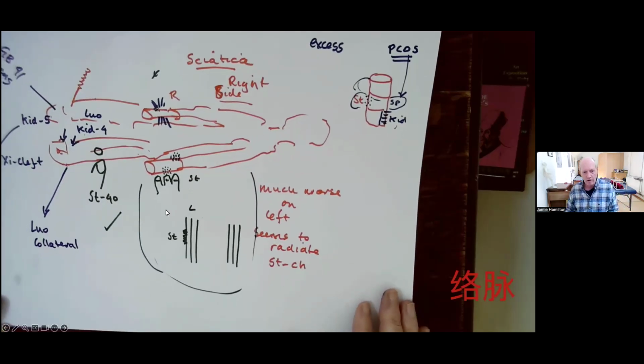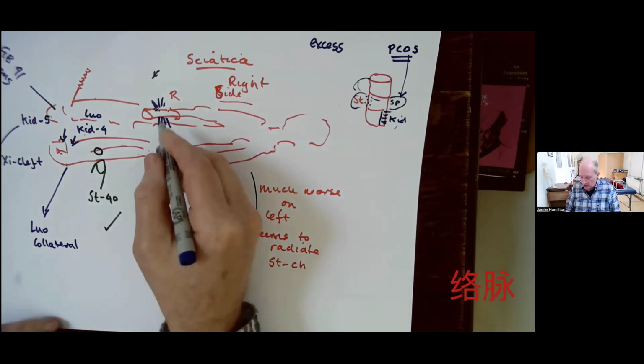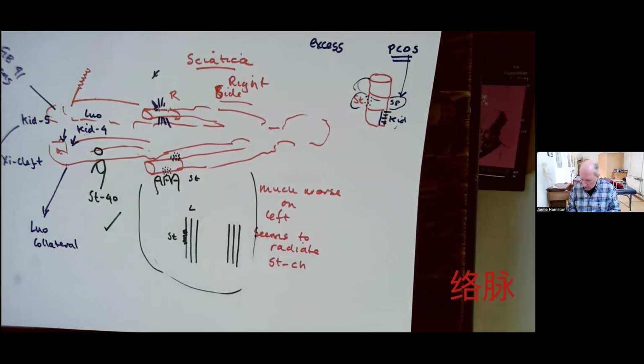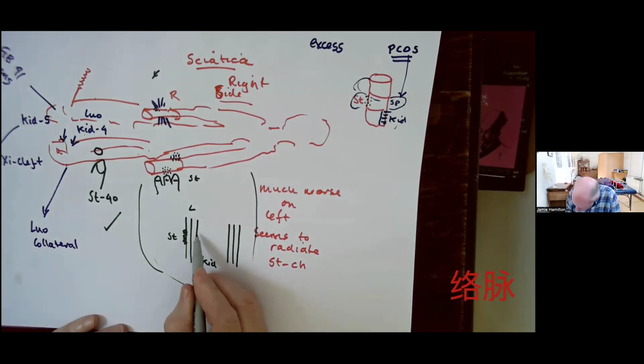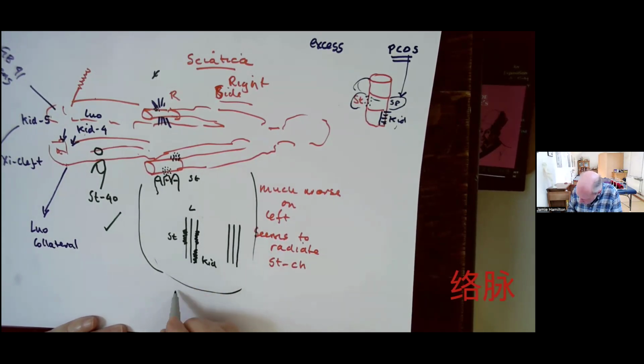So basically, you go to the other side, and for instance, this map here I drew of the person with the left-sided sciatica is a good example of something that's not symmetrical. Let's just say, by the way, I'll draw out on the notation what I drew there. So that's stomach and kidney. Actually, I've got a patient who has, I'll just draw exactly what my patient has. This is my long-standing patient with knee pain.